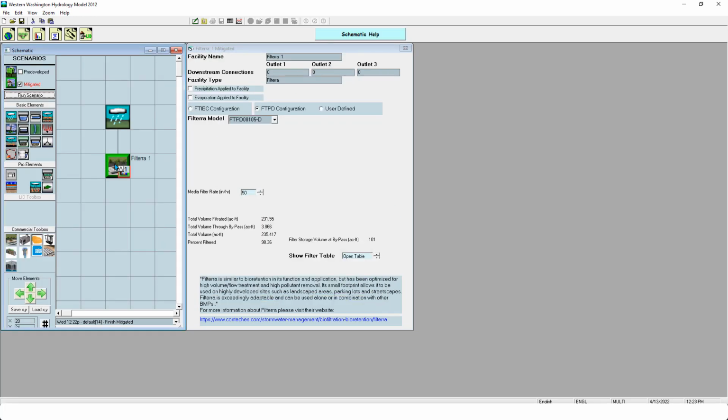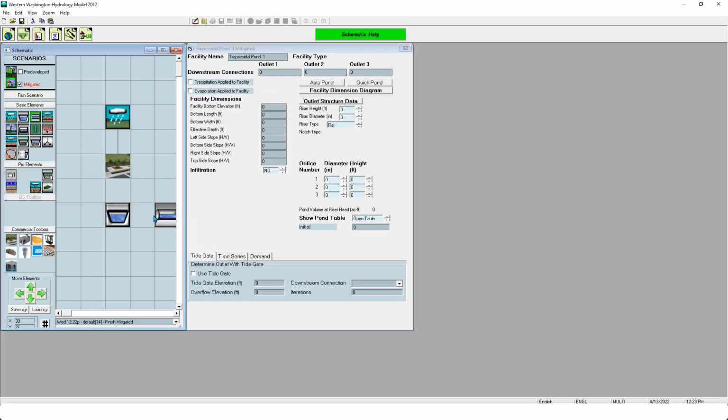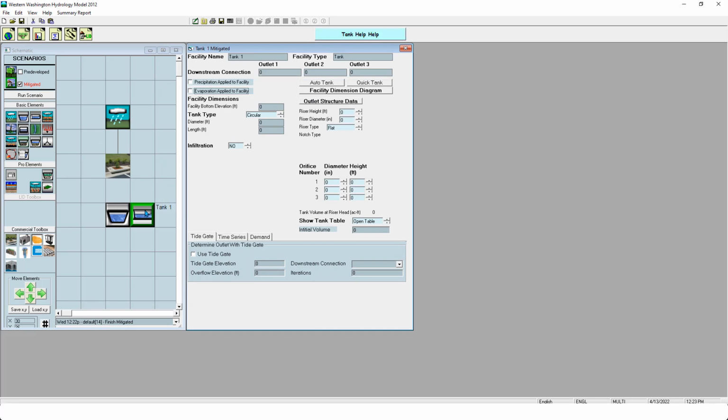So what we would do, now that we know that this is filtering correctly, and maybe you could even change the models so that you could use a smaller model, you just have to look at their different model descriptions to best fit your facility. Once you know you got that 91% filtered, disconnect point of compliance, and you're still trying to meet the flow duration standard, you could add in something like a pond or a vault facility, or a tank facility,